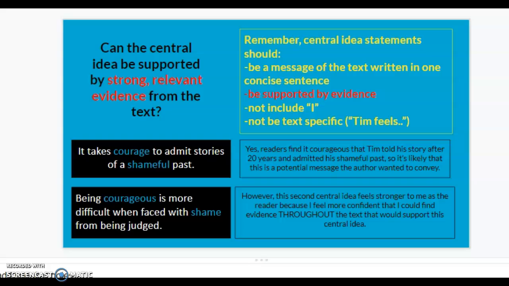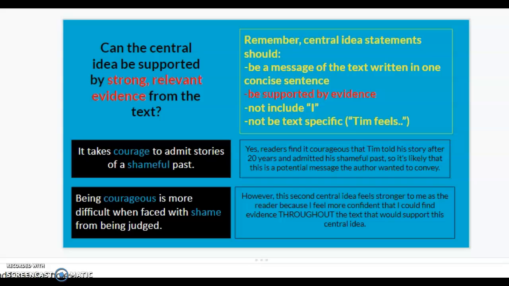And then looking at the second statement, I thought it was stronger because I would be able to find evidence throughout the text to support this second central idea statement, which says being courageous is more difficult when faced with the shame from being judged. So looking at that statement, I could find that piece of evidence from the beginning. So again, on page 1,